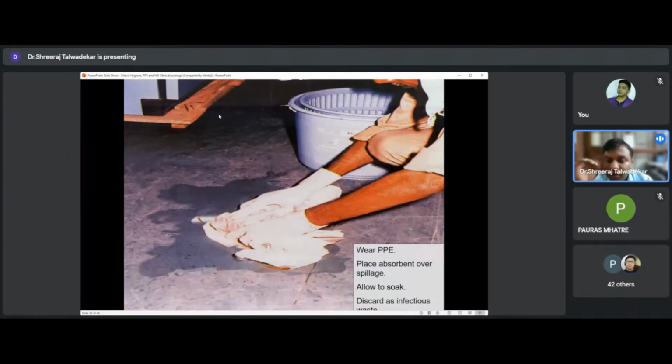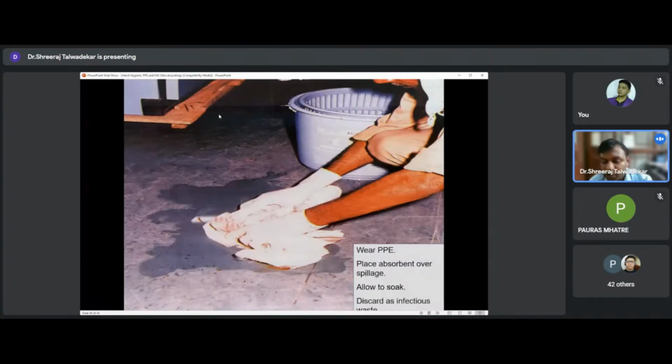Why is this so? Because your disinfectants will not directly act on the organic material, that is blood, etc. So always first lessen the bio burden at that place, and also the organic material, by placing an absorbent. Then put 1% sodium hypochlorite, and keep it for 10 to 15 minutes, and then you do